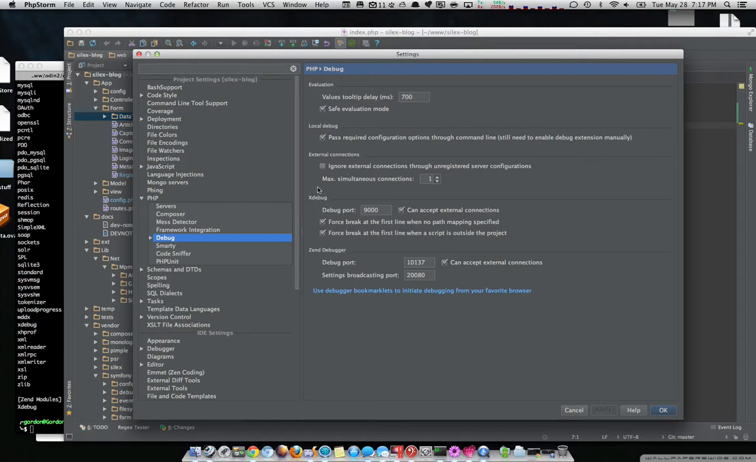Right here, we see xdebug. Most stuff you can just leave default. One thing I have found is this option here, maximum simultaneous connections, can kind of nip you in the, it can get in your way if you're running an asynchronous application. So you might want to increase that